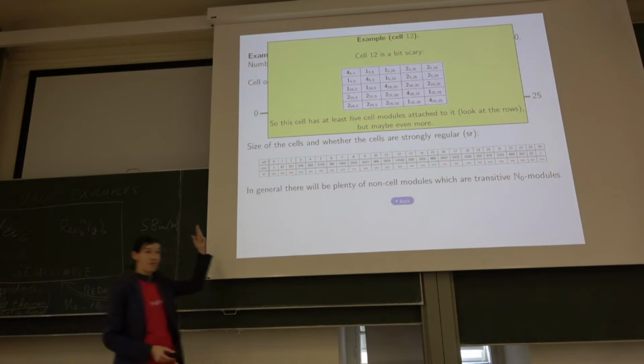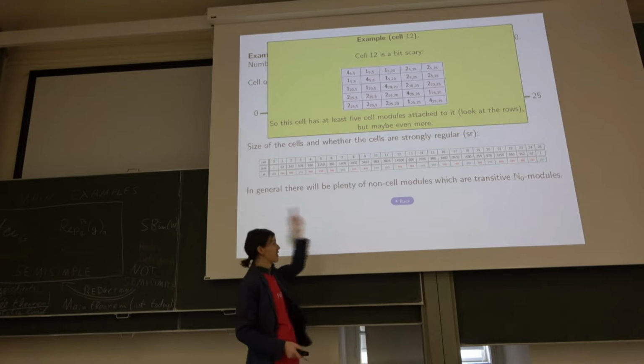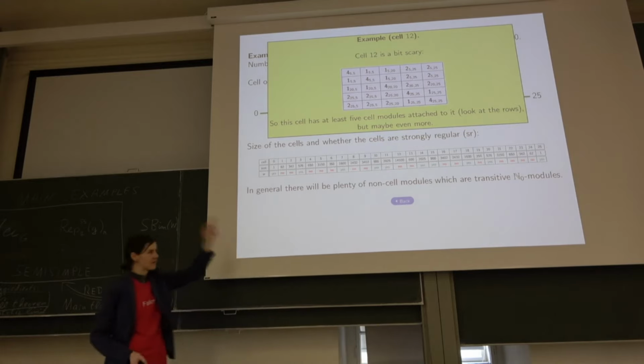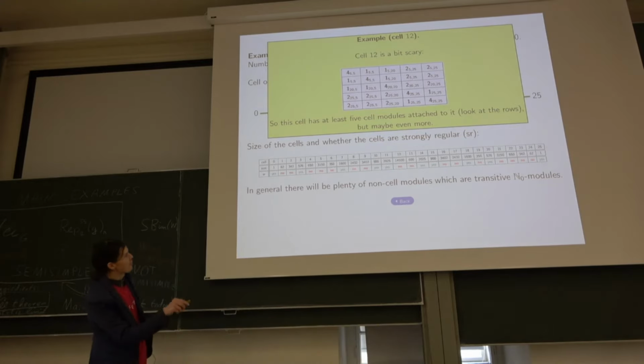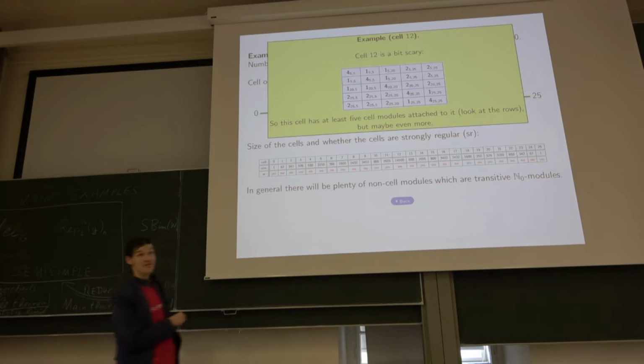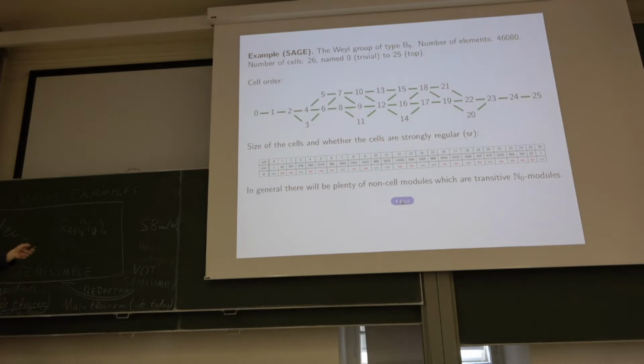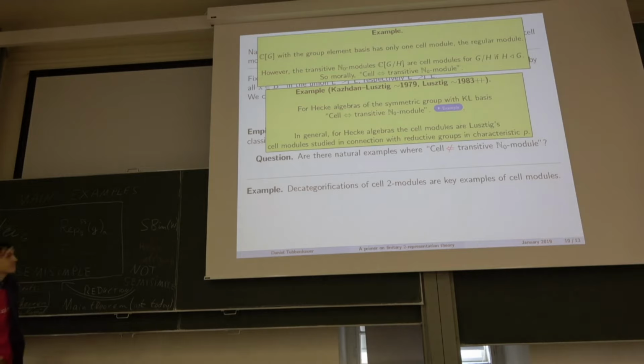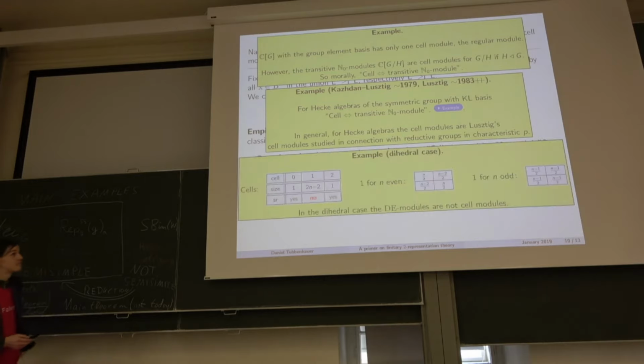And this is why the Kazhdan-Lusztig cell theory outside of type A is so much harder than in type A. And most of those numbers are not squares. Whenever you see a square number, it's a strongly regular cell. 900 is a square number, it's a strongly regular cell. And everything is completely combinatorial, you can just do it. Well, if you're lazy, in this case, probably not lazy, you can do it by computer. Okay, this is how those cells look like.